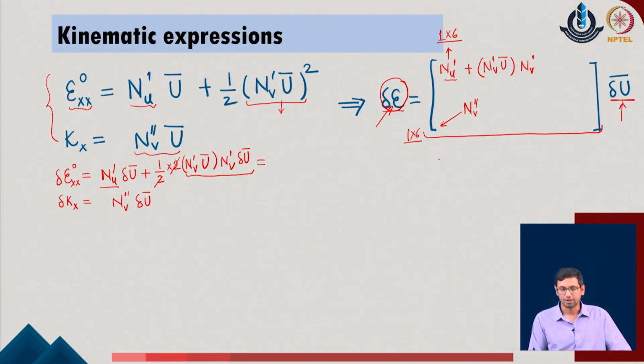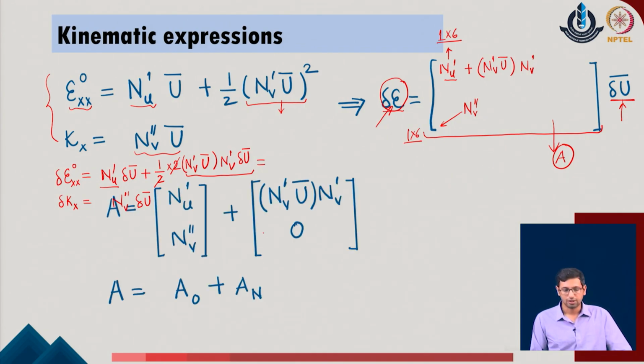So, you can correlate that this is very similar to what we define in the truss problem as del of epsilon equal to A into del u bar. So, I can now consider that for a beam problem, this matrix which has been generated is the same as the A matrix of the given system. So, now using this idea, we consider that A as a parameter has the first term, which is nu prime nv double prime of the given system, plus nv prime u bar nv prime in the given system.